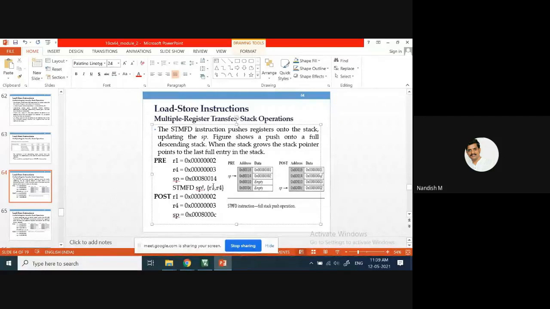You can see it here. Before that, the top of the stack was 0x80014. The other two locations are empty. After the execution of these two instructions, R1 and R4, these two values get loaded into 0x80010, and the stack pointer points to the top of the stack. Why? The question is why R1 plus R4 is not added and getting stored in the stack, why directly R1 and R4 values are getting stored?